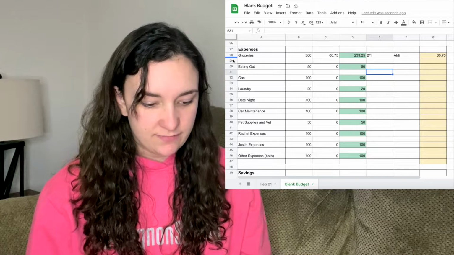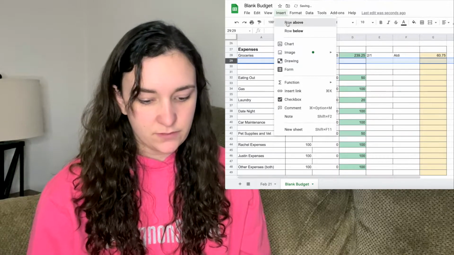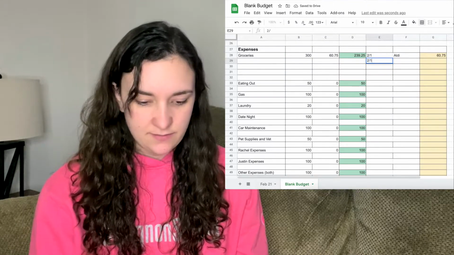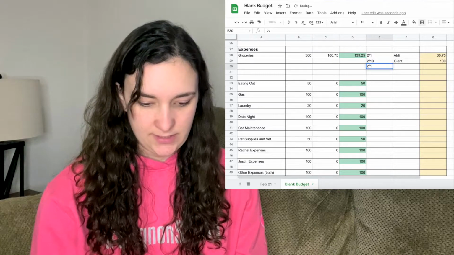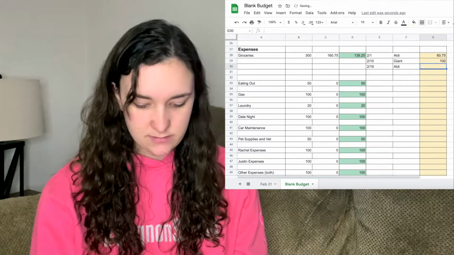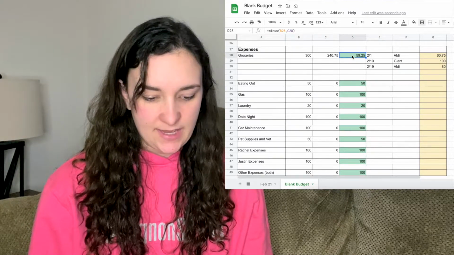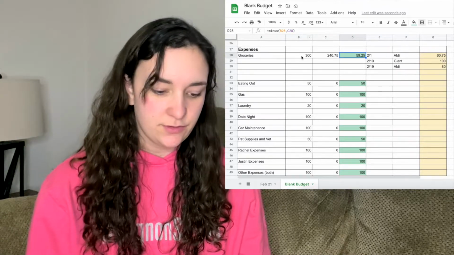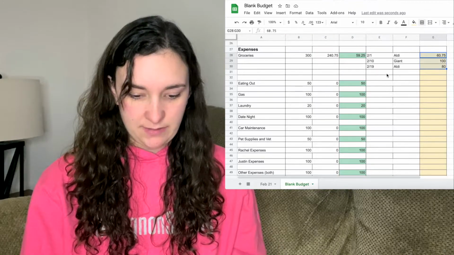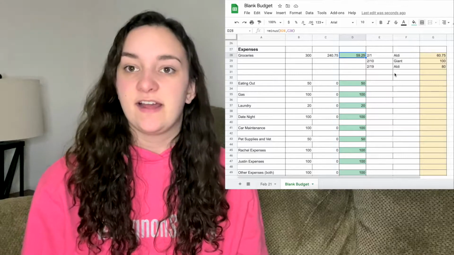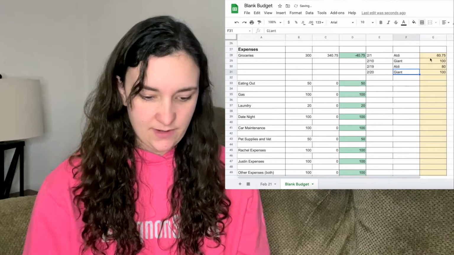So every month we have to add in some new columns over here because we go grocery shopping a few times a month. Say we go to Aldi and then a few days later we go to Giant and spend 100 bucks. And then a few days later we go back to Aldi, spend 80 bucks. So that'll automatically add up and go over there. And then again, this will automatically subtract. So it'll take the budgeted $300 and the $240 that we spent from these 3 purchases and say we have $59 left to spend. Say we do one more purchase over at Giant, then we're in the negative.